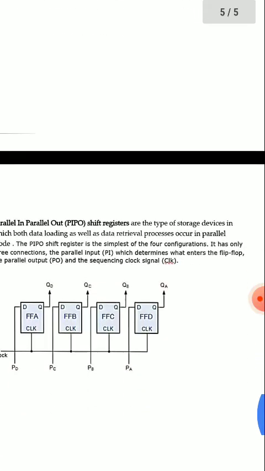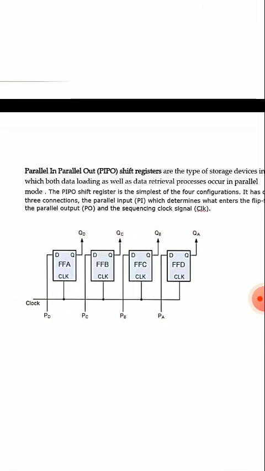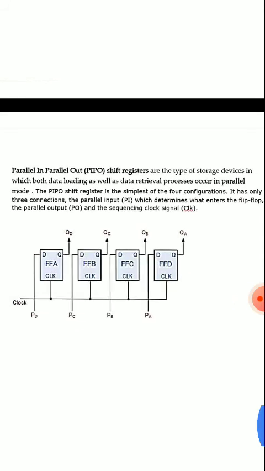And the last one is the parallel in parallel out shift register. This is the last mode of operation. This is the simplest one. And what is the function? The parallel in parallel out, PIPO, shift registers are a type of storage device in which both data loading as well as data retrieval occur in parallel mode. I already told you that it is the simplest of all the configurations. It has only 3 connections. As you can see, the first connection is the parallel input, which determines what enters the flip-flop. The second is the parallel output, and the third is the sequencing clock signal,